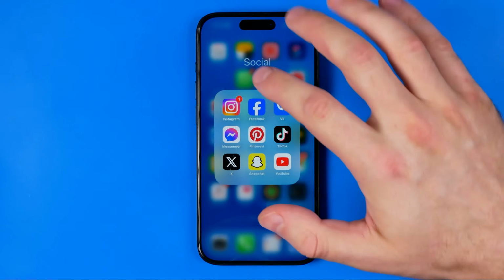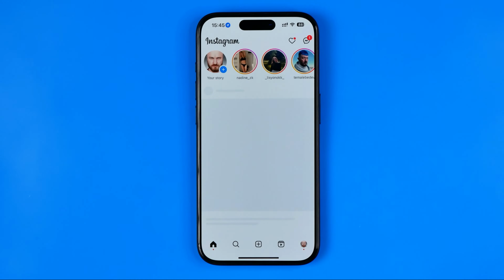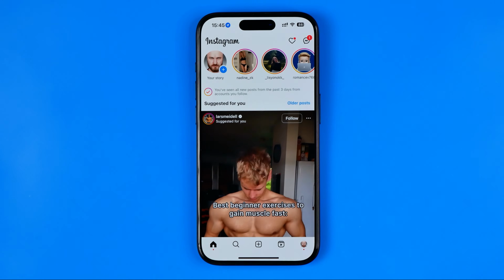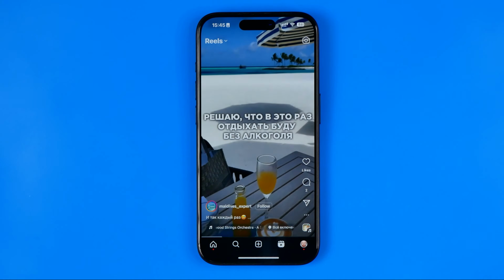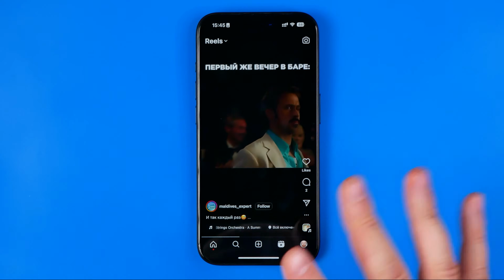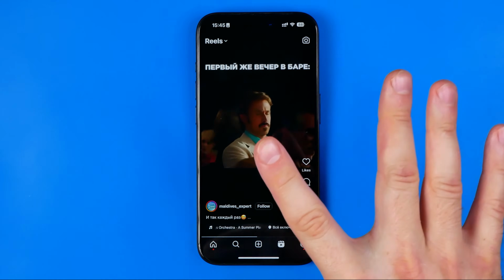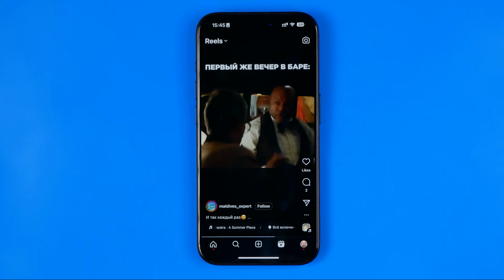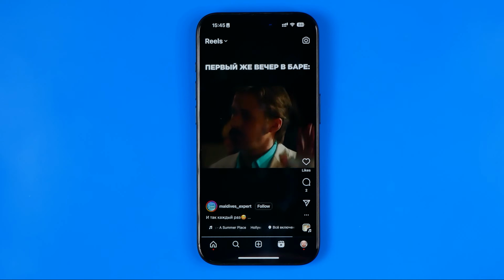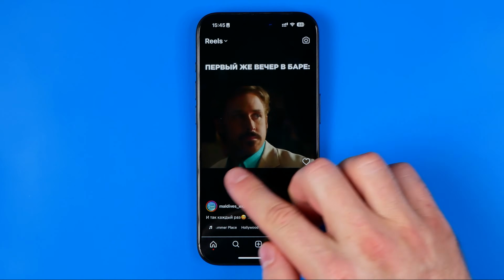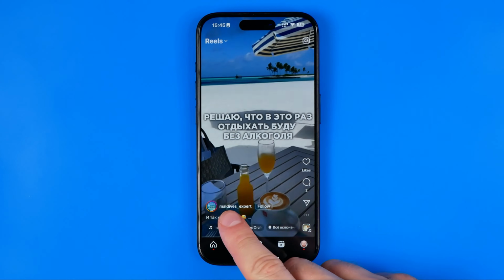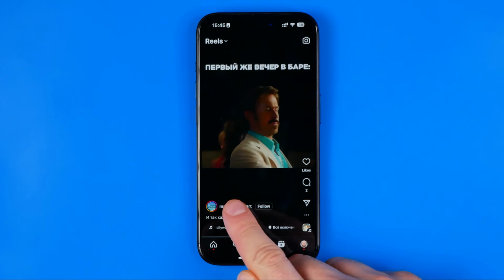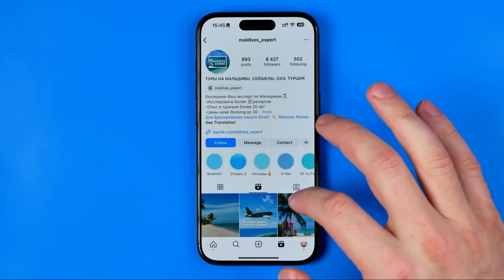Let's get started, guys, and first off we need to open up Instagram app, and once it is done, just tap right here to go to Reels. Let's say we want to know when that particular reel was posted on Instagram, and unfortunately we cannot get that information from here. The only way to do so is go to author's Instagram profile, to the person's profile who